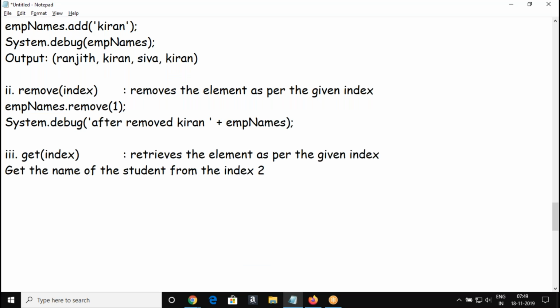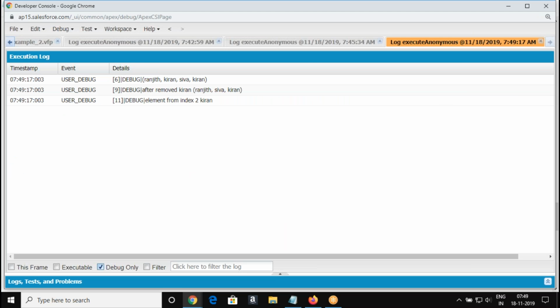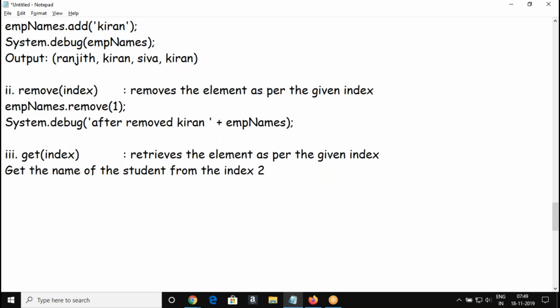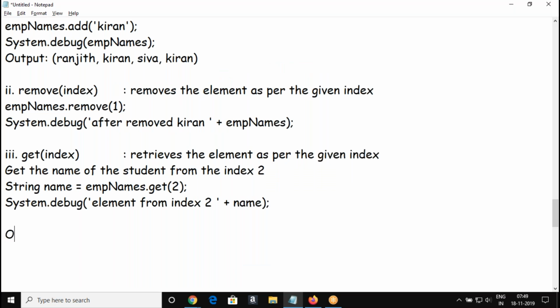People got this? So what is the output you will get? Element from index 2, Kiran will appear, right?